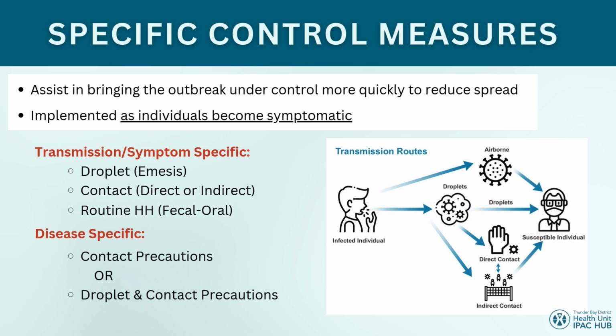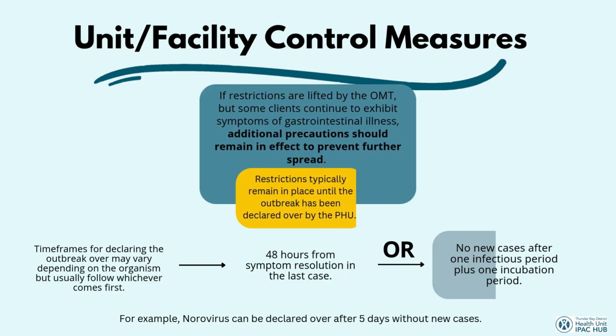If the causative agent, so the bacteria or virus, is known for the enteric outbreak, this may determine if contact precautions are needed or droplet and contact. Personal care risk assessments are applicable, as these specific control measures create the minimal level of precautions, but based on your personal care risk assessment or PCRA, you may need to add additional